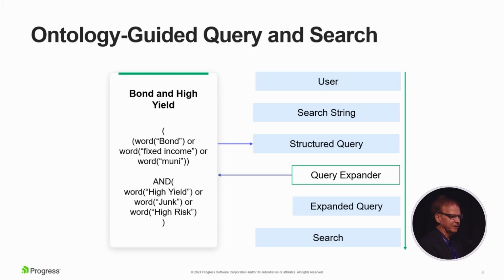And so by combining an ontology of the financial products, and at the bottom, high yield, junk, high risk are all the same thing. And so users come in and say bond and high yield, and they're missing everything that's been indexed as junk, everything that's been indexed as muni. And they were complaining that their analysis was they would only get 1/4 of the answers they should be getting. And so by building fairly simple ontologies, and we're going to get a lot more into that later on, they were able to hugely expand it so that the people complaining about this were complaining that the document creators, they'd insert the documents and no one was looking at them, even though they could see questions were being asked where they should have been looking at them.